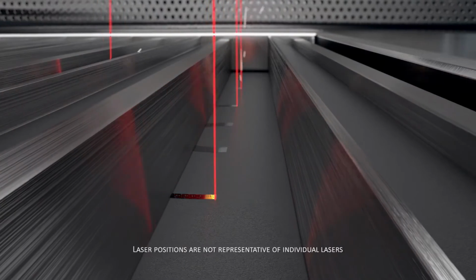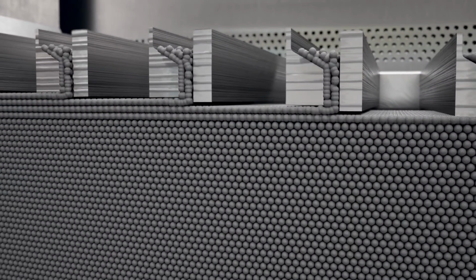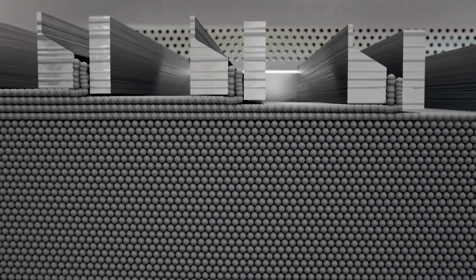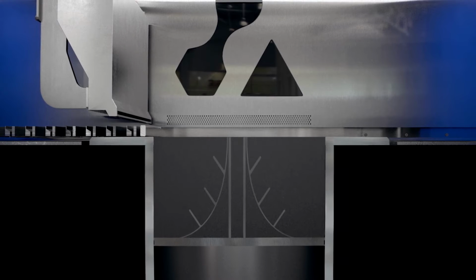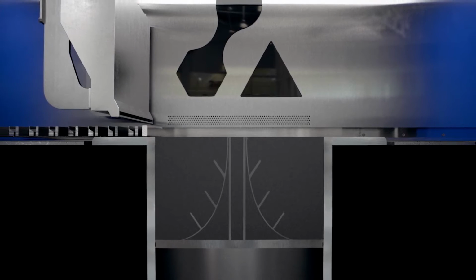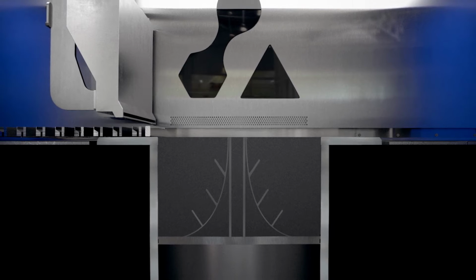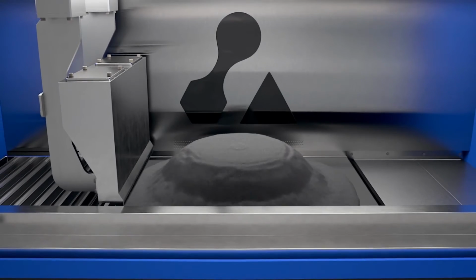As the first layer is coated by powder, the lasers activate and melt in the workspace provided. This work area is then immediately recoated with powder and the following slice of the model is melted. This process repeats itself as many times as there are gates in the gantry until the entire gantry has swept across the build surface. By combining the powder coating and lasing additives into one sweeping movement across multiple layers simultaneously,